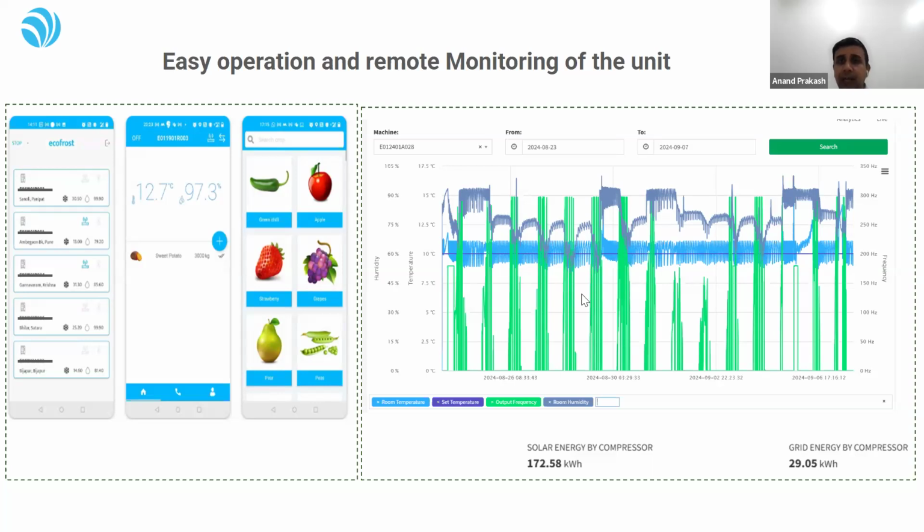application, wherein we would be able to see how much temperature and how much humidity is maintained throughout the cycle. In fact, how much is the solar energy consumption, how much is the grid energy consumption. All those things can be very easily monitored in our unit, and this is what this particular farmer took